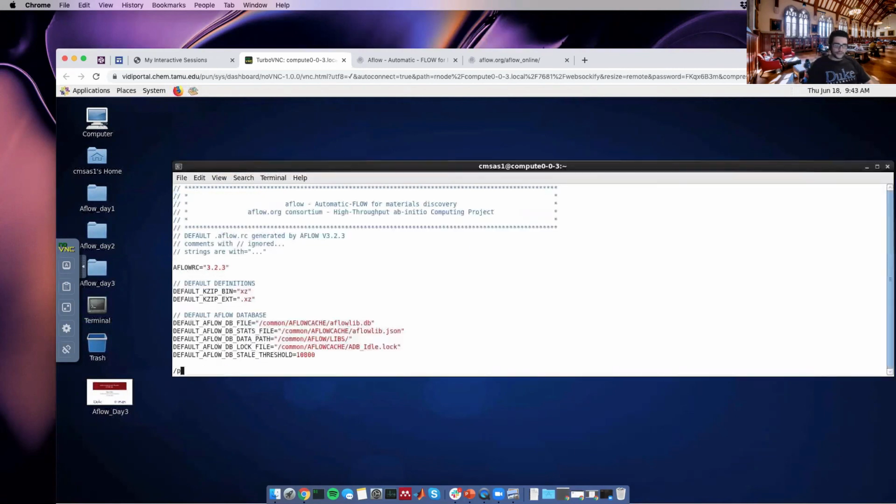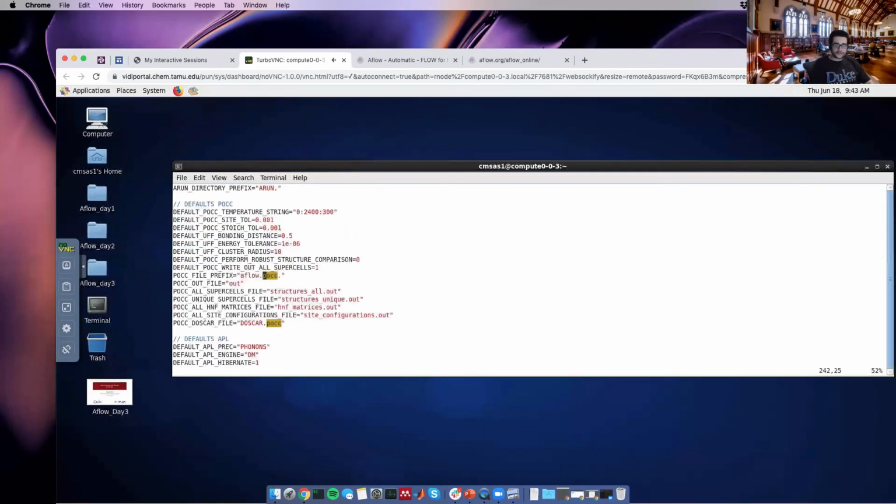So if we go down to POCC settings, there's actually a setting to turn this on, and let me see where it is. Here it is. So we can actually perform the robust structure comparison and use XtalFinder. Yes, XtalFinder is for ordered structures, but once we make the full set of ordered structures, now we can reduce to the ones that are unique based on